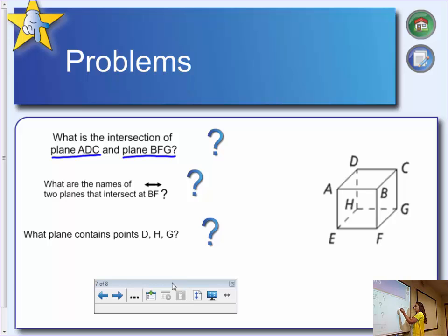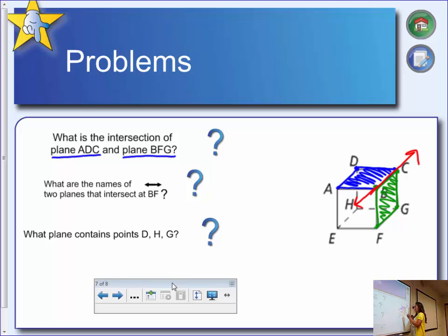I'm going to pick the points A, D, and C, and I can see that these 3 points are on the top of the box, this plane here that I highlighted, which also includes point B. So this is the first plane. The second plane is plane B, F, and G. So looking and connecting here, it's the side of the box that also includes point C. So highlighting this here, noticing the intersection where both of the colors overlap